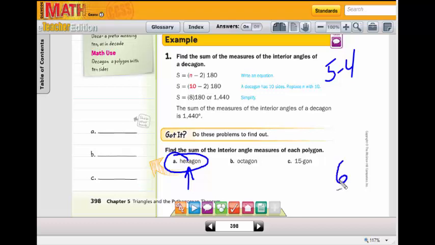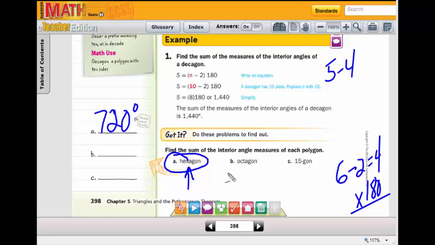That means we have 6 sides, and we have to take 6 and subtract 2 from it. That will be equal to 4, and then we're going to take 4 and multiply it by 180, and 4 times 180 is 720 degrees. So in our first case, it's 720 degrees. In our second case, we have an octagon that is 8 sides, so we're going to do 8 minus